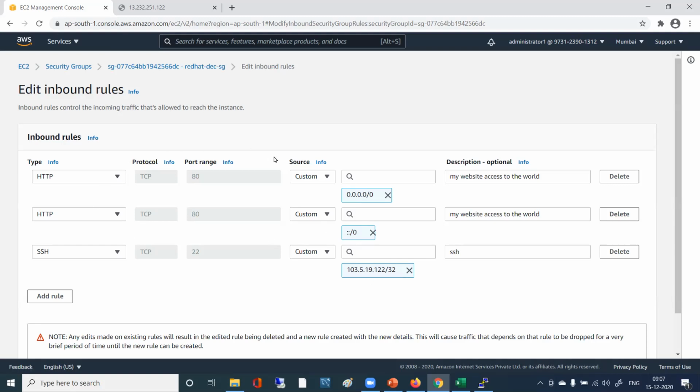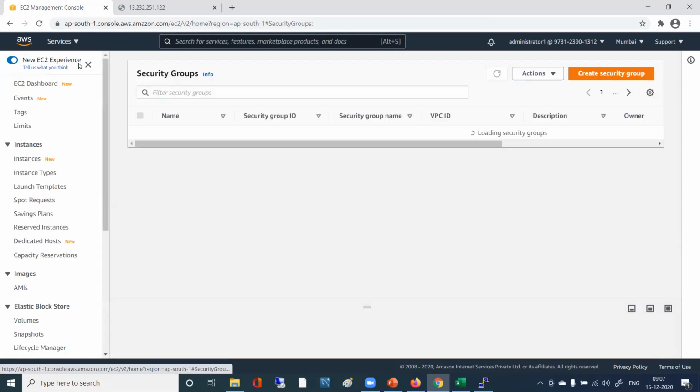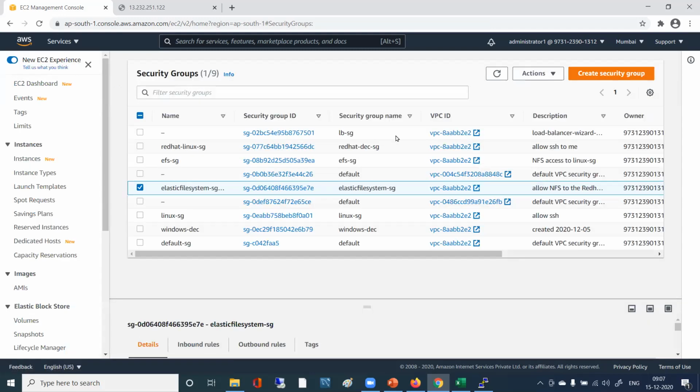Now this HTTP, whatever you added, will get added and be visible like this as custom. You added port 80 one time and it is showing two times, right? That is for IPv4, and this is for IPv6. It will be shown like this if you come again, so don't worry about all those. Simply leave it. I thought you had only one, now it is displaying two, so I thought of adding one more. No, that is enough.